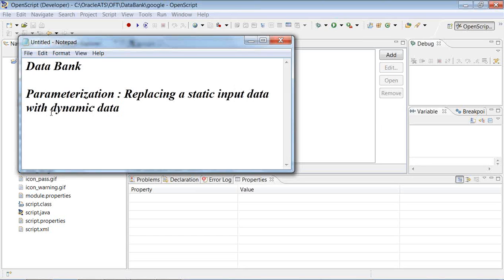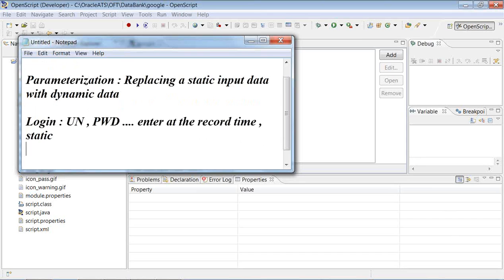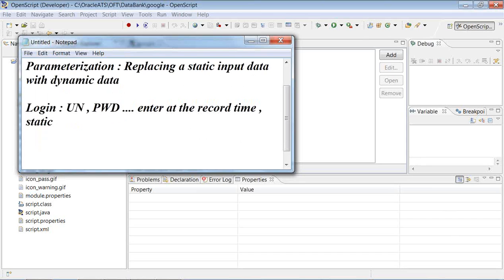For example, if I record a login and give the username and password, whatever we enter at record time becomes static, as it is recorded and the data is hard-coded.